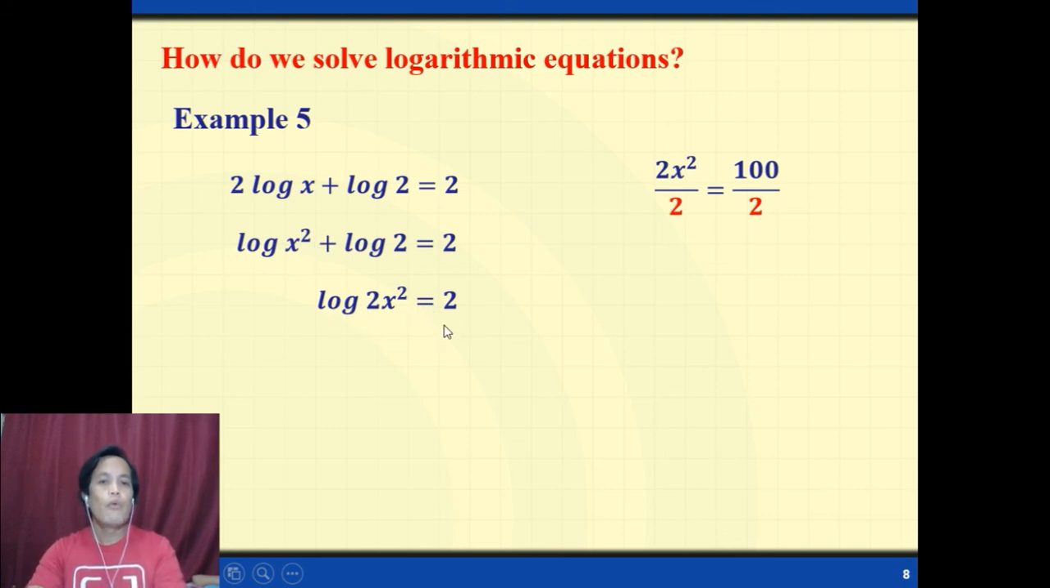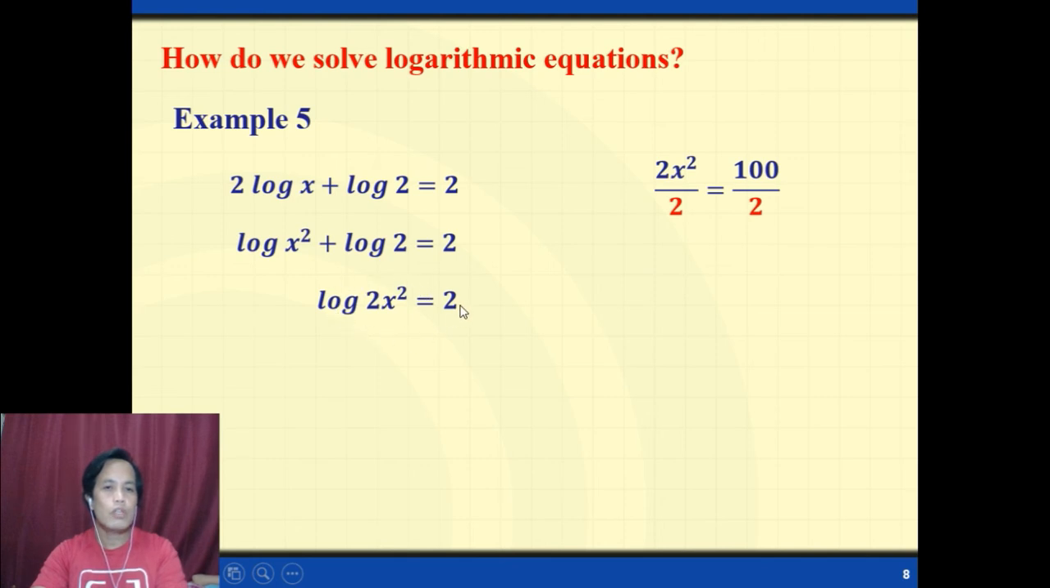This time, we need to change this logarithm to exponential. Now, notice that walay gisuwat nga base diri. If that is the case, if the base is not written, it is assumed to have the base 10. Always, kung ang base gani dili isuwat, ang base ana is 10. So therefore,